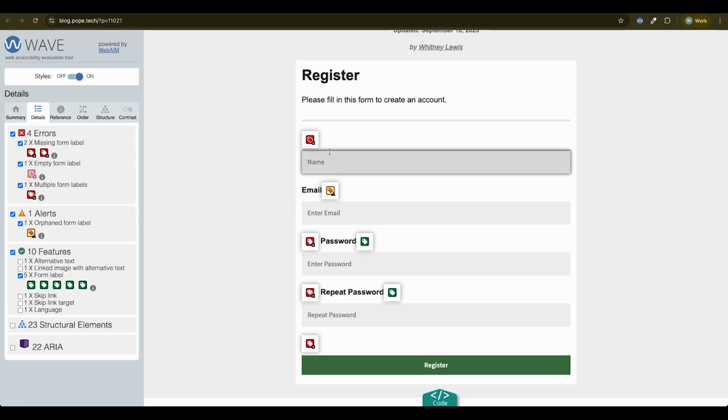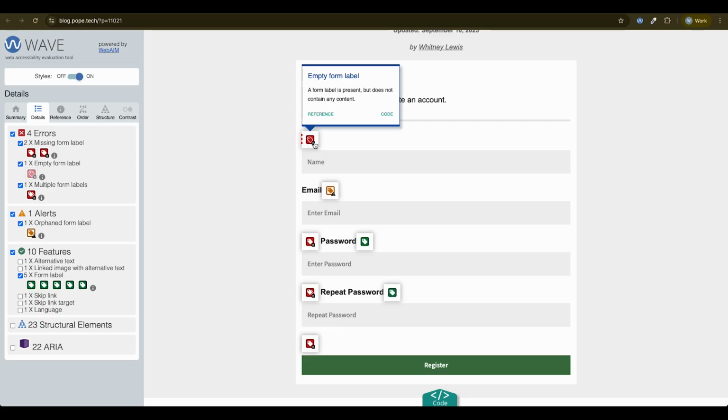There is no text above the input, but there is an input field with placeholder text that says Name. Placeholder text does not replace a label, so the first issue is an empty form label error. This means there's an HTML label element, but it doesn't have any content, which is why we don't see text